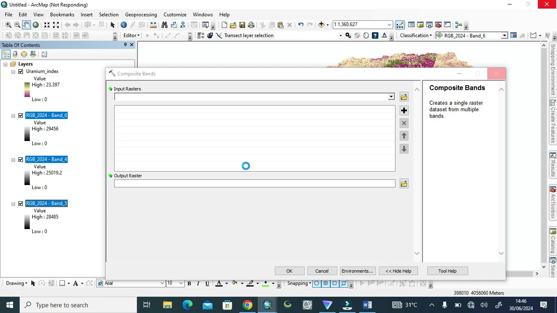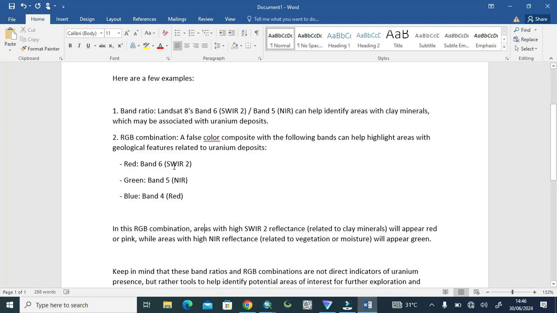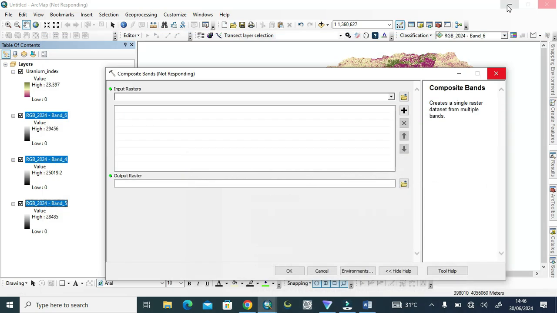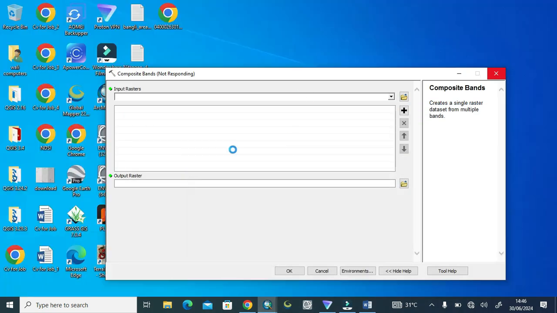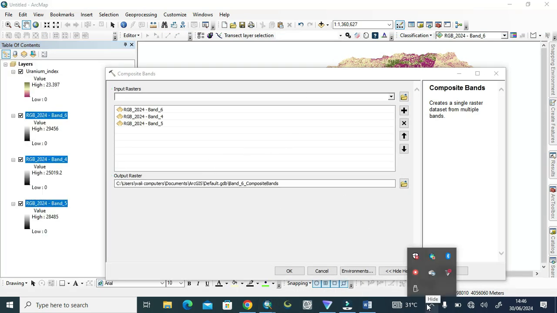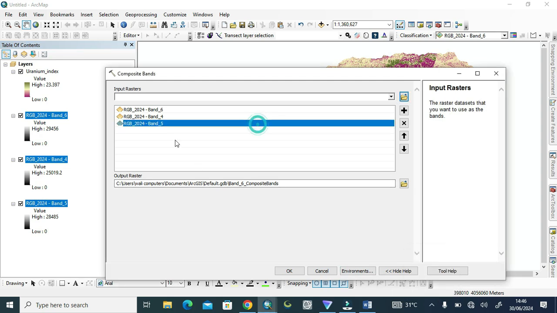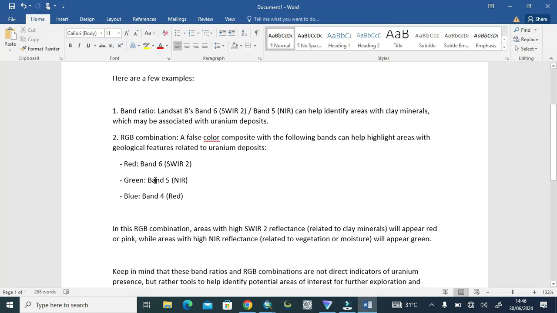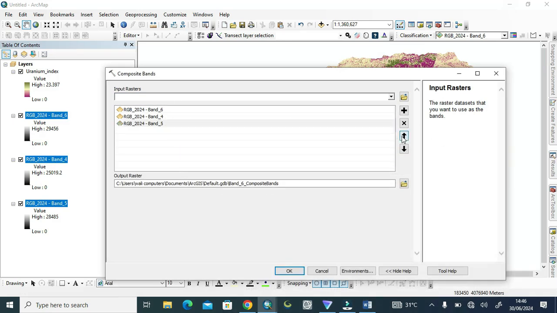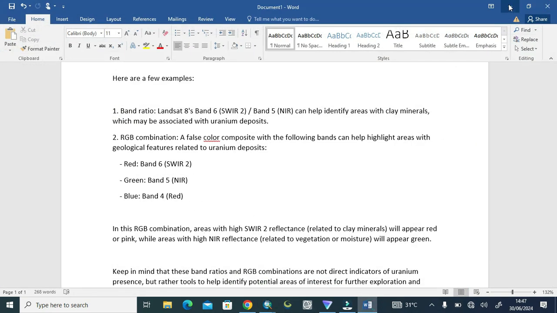We also need to change the sequence because the sequence is very necessary. If you keep it the same, your result will not be accurate. So you need to keep the sequence as I am showing in the Word file.